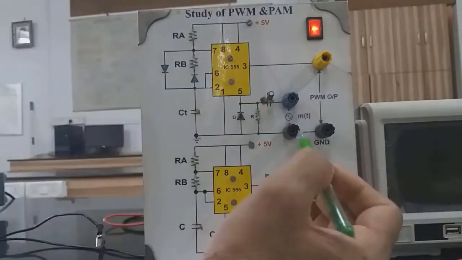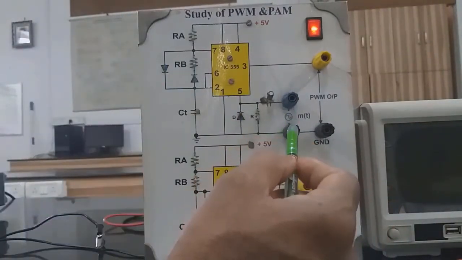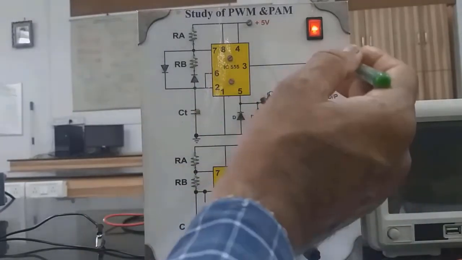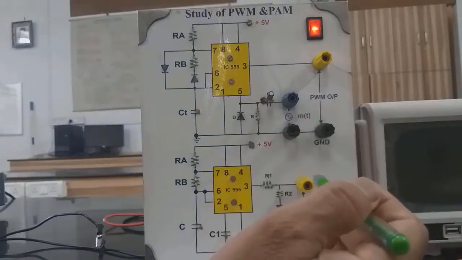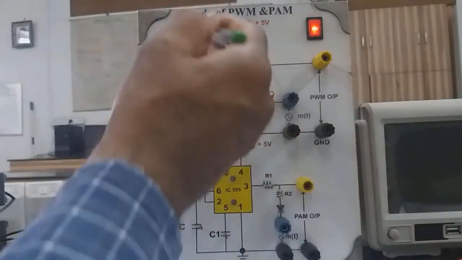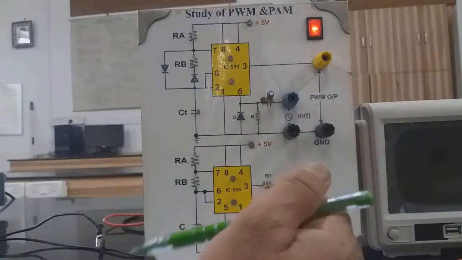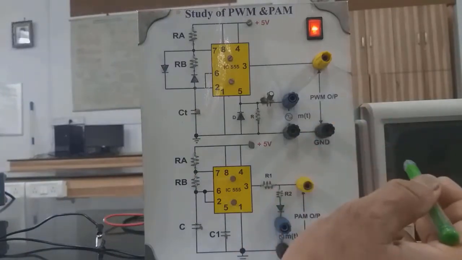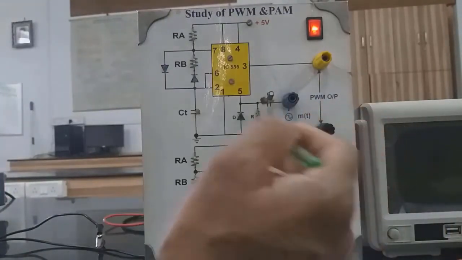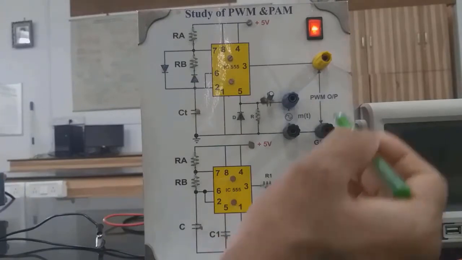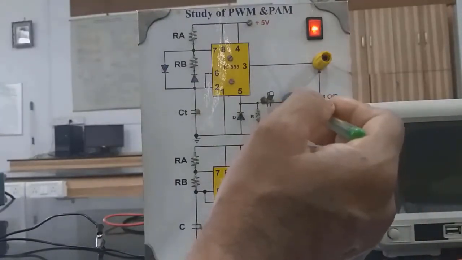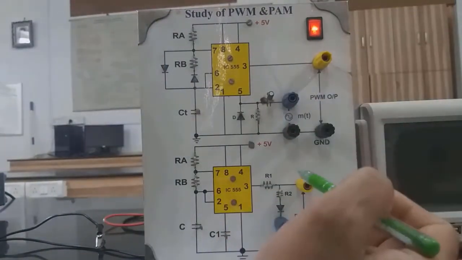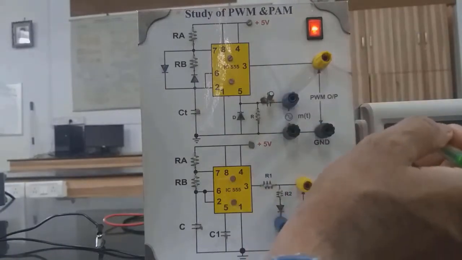So when no information signal is applied between these 2 points at control input pin number 5 of this IC, then you will get simply a square wave of frequency determined by the formula F equal to 1.44 upon (RA plus twice RB) into CT. Now we will see the output waveform of this pulse width modulator circuit on the CRO. The output is taken between these 2 points. We will not apply the modulating signal, simply first of all see what is the nature of the output waveform. We will confirm that the waveforms are in the form of square waves.